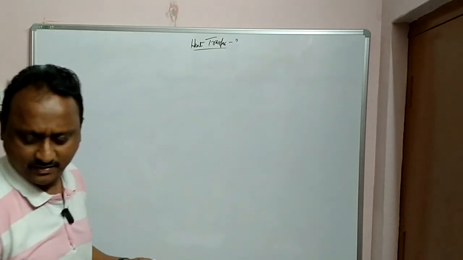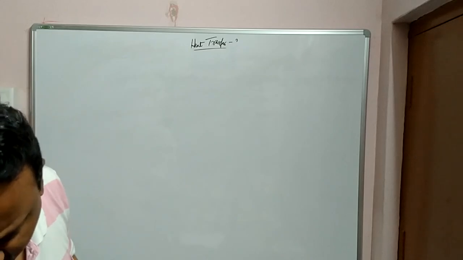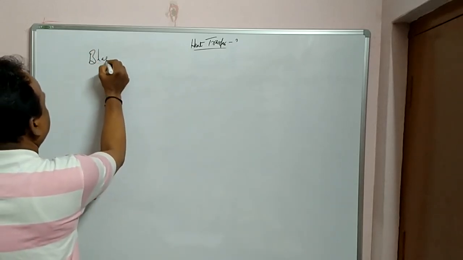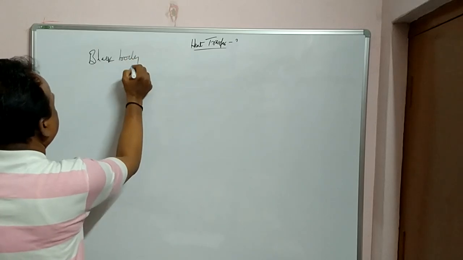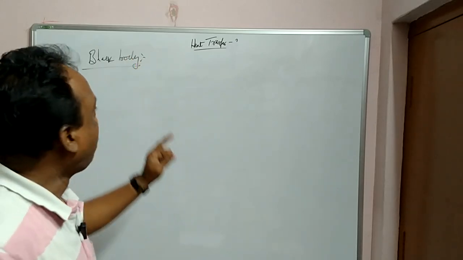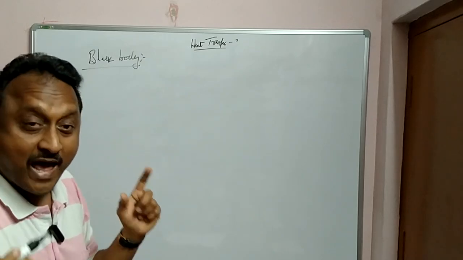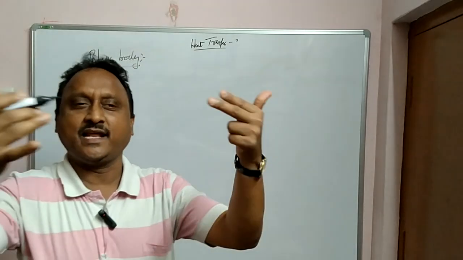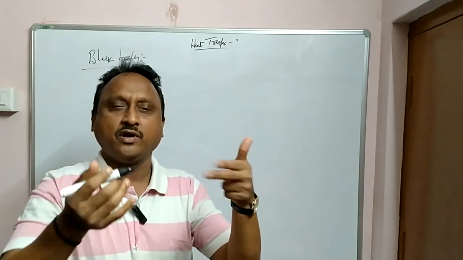How can you define it? Okay, in general, what is a black body, we'll try to define in general. Black body, in Telugu it is called krishna vastuvu. So what does a black body mean? Black bodies are those which will absorb the entire heat energy falling on it and emit out all the heat